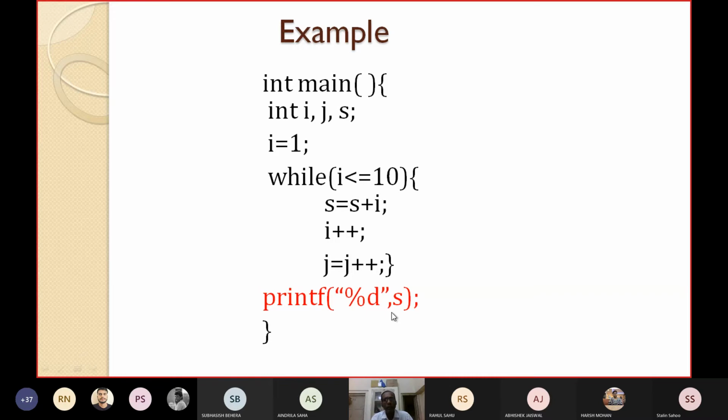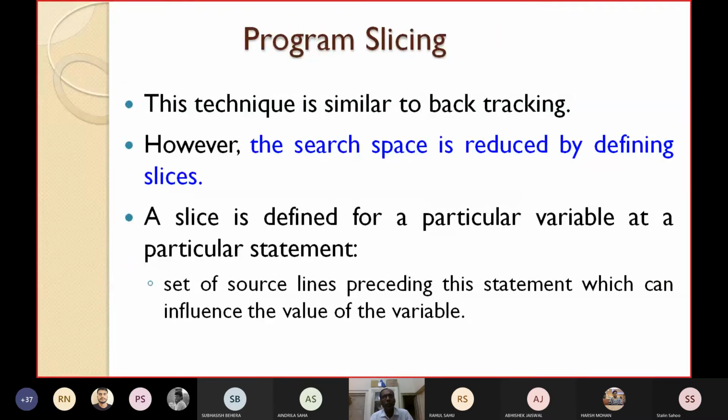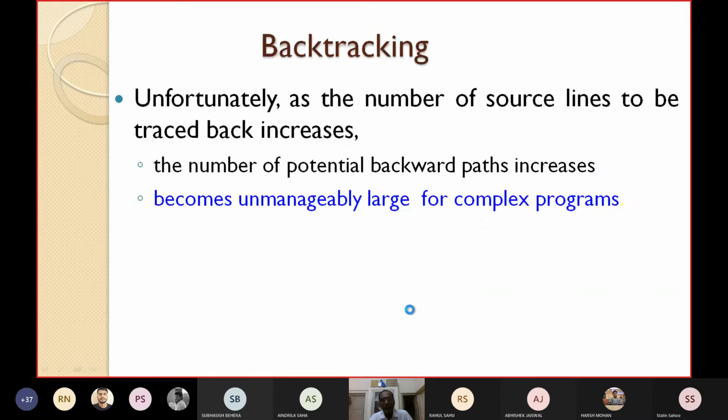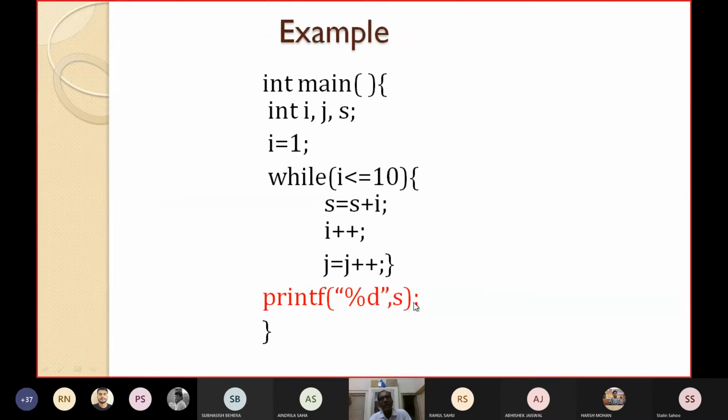What I have already told you: a slice is defined for a particular variable at a particular statement, and it is the set of source lines preceding this statement which can influence the value of the variable. Our slicing criterion now is the statement printf s with respect to variable s. I have to find out what statements are affecting it.